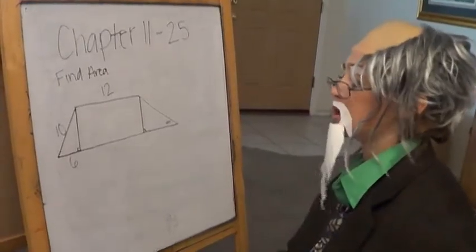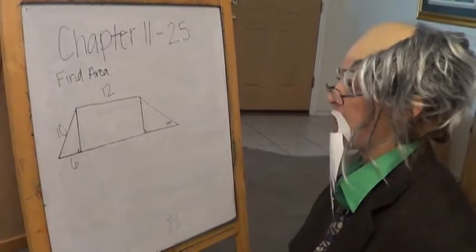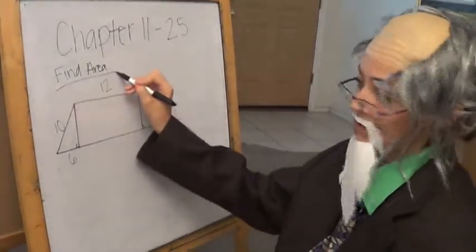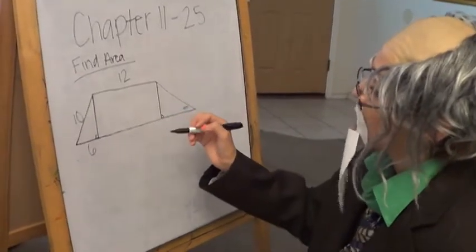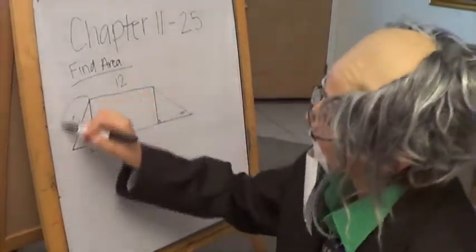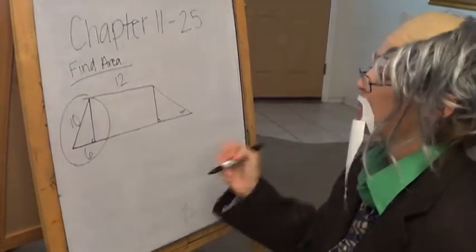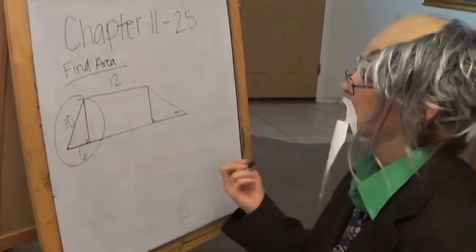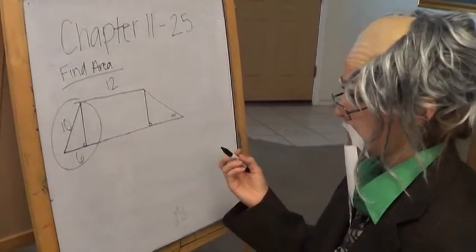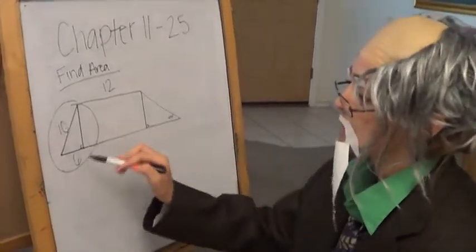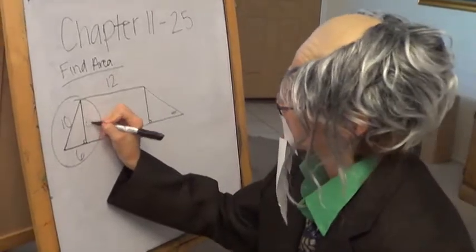Moving on to Chapter 11, Problem 25. It says here to find the area. So first we will begin by finding the area of this triangle, which is the smallest part of the trapezoid. And as we know from our right triangle families, the number that is grouped with 10 and 6 is 8,